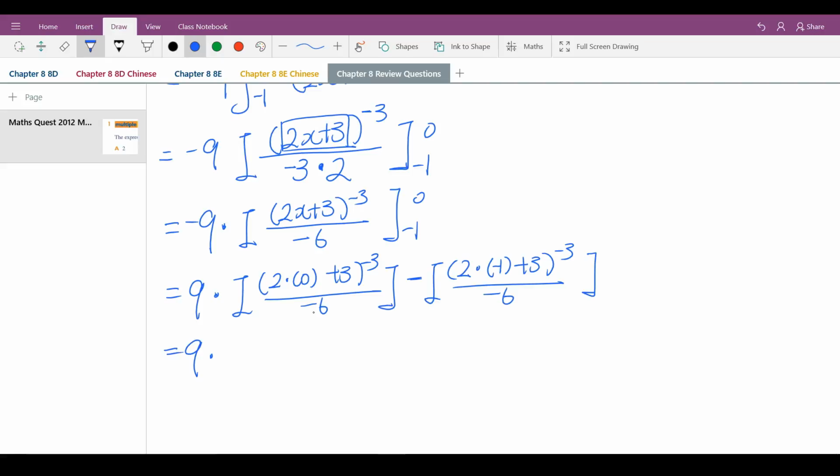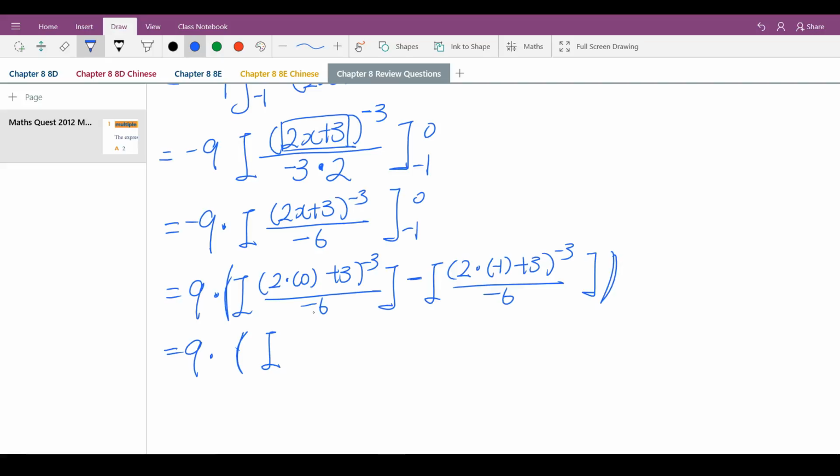Let's see what we get. Oh, I forgot to put the big bracket here because we only do the 9 at the end. So we get 2 times 0 is 0, 0 plus 3 is 3. 3 to the power of negative 3 divided by negative 6 gives us